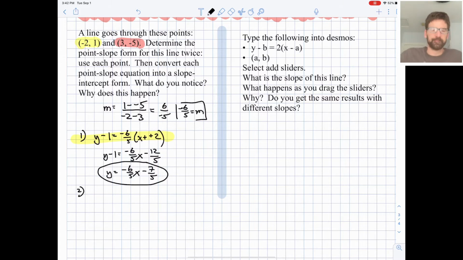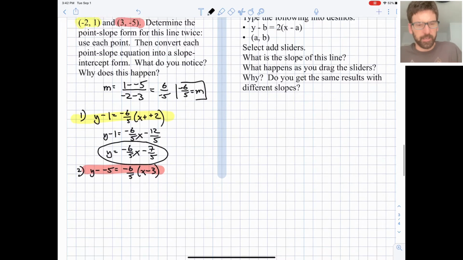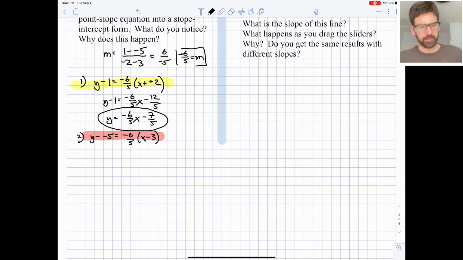Number 2, and we're doing this one in red. So y minus our y value equals, it's the same slope, -6/5 times x minus our x value. So just to color coordinate, that's our red equation there. Let's get this into a nicer point-slope form. y plus 5 equals -6/5 times x minus 3. And now we can convert to slope-intercept form. So let's distribute the -6/5